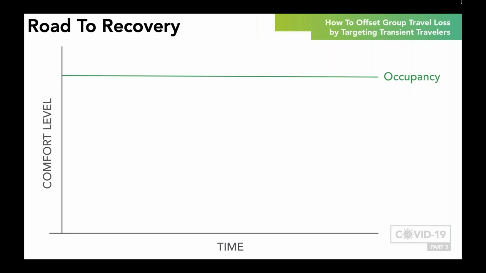So how does this all tie in together? Well, there are two major factors that are going to correlate with hotel occupancy on this road to recovery for hotels: time and traveler comfort level. As hoteliers, we could sit back and wait. As travelers slowly start to emerge over the next 6 months, they start to feel more comfortable based on what they're seeing and hearing from their friends and family.